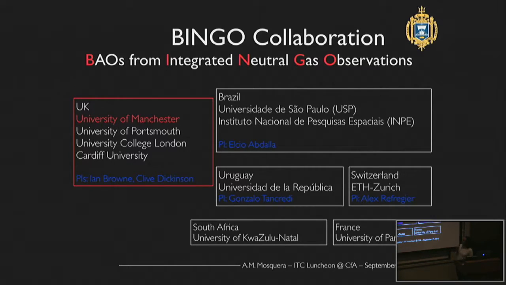Money is mainly coming from Brazil, from FAPESP, their national agency. It's going to be located in Uruguay, and this is particularly important for me because it's my home country, and this is going to make a huge difference, like a 2 or 3 orders of magnitude difference in the development of astronomy in my home country. The PI there is Gonzalo Tancredi. I'm involved too. And from CFA and Whipple Observatory, Emilio Falco, who also works in lensing, is involved in the project. Other nodes are in Switzerland, South Africa, and France.